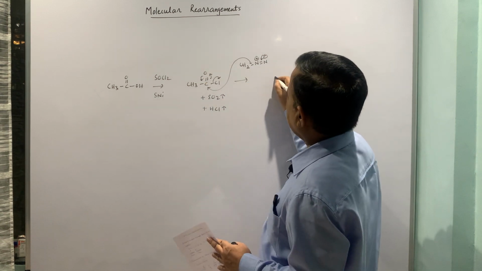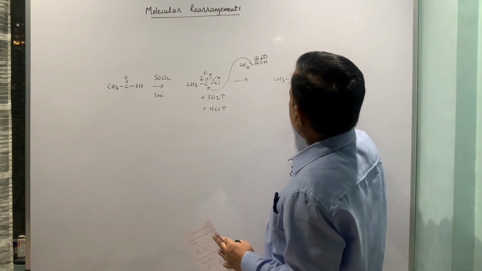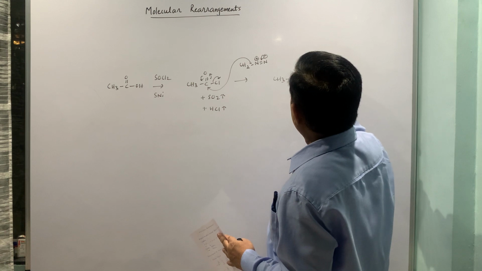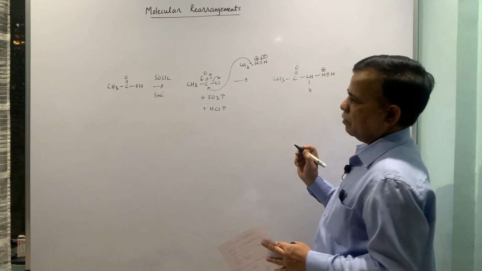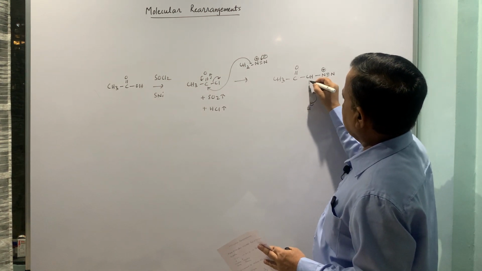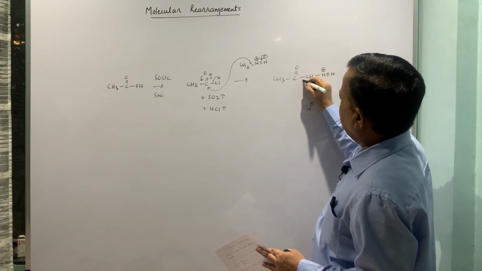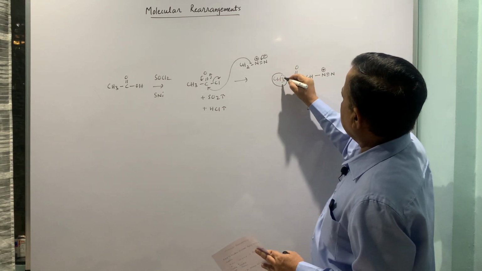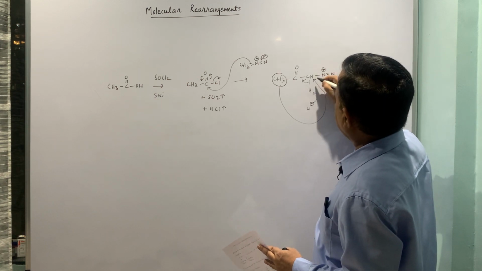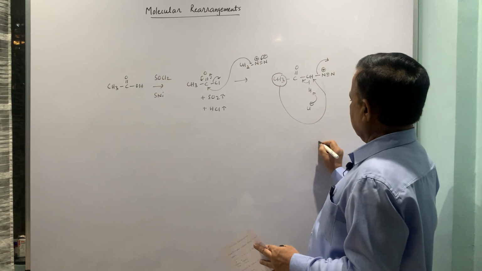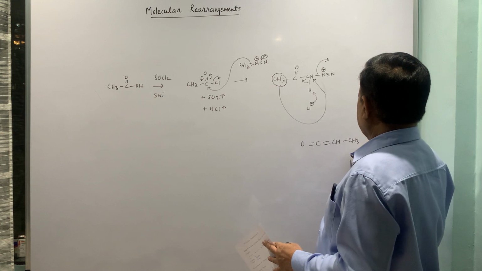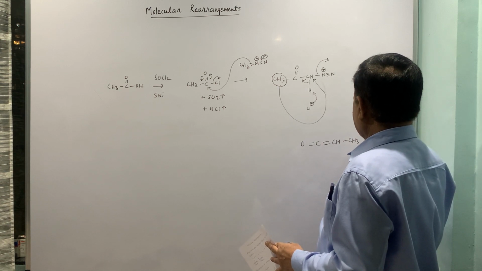the Cl goes off. So eventually what we have, CO, CH2, I am just putting H here so that I can show the other reaction. Then the Cl which is going out can function as a base, and this will come here. I am just doing it fast so that we can save time. This comes back to carbon and nitrogen goes off. So what we have is this intermediate which is known as ketene.